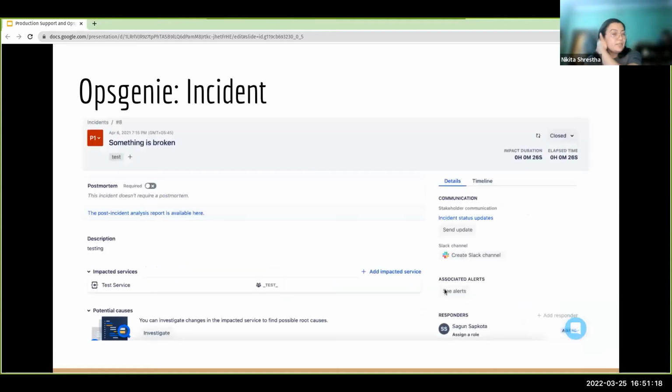So the next thing is incident. Incident is the same as alert. It also has the priority from P1 to P4. The subtle difference between the incident and alert is that you can report any alert as an incident. Okay, you get an alert, you check it, you think that it should be an incident, you can convert it to an incident, right? Once you convert it to an incident, it allows you to